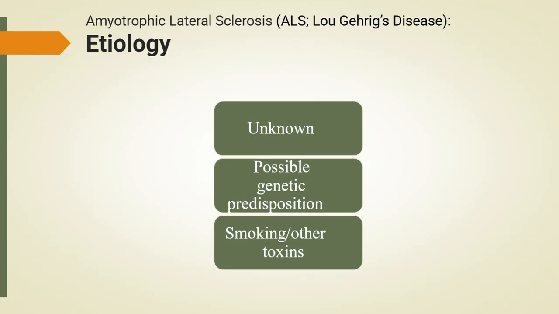Environmental factors also appear to play a role. Smoking, exposure to heavy metals, pesticides, industrial chemicals, and possibly military service-related toxins have been associated with higher ALS rates. Repeated physical trauma and intense physical exertion are being studied as potential contributors, but evidence is still evolving. Amyotrophic lateral sclerosis typically begins in adulthood, usually between ages 40 and 70, although it can occur earlier or later. Understanding these risk factors can help you educate patients and families about what we know and what we still don't know about this disease.